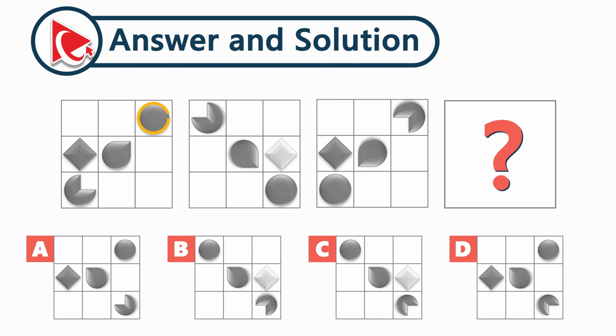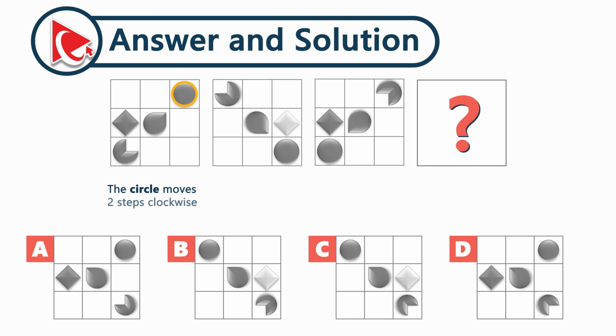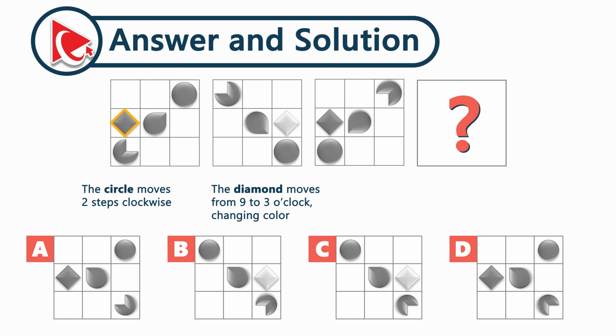Let's first start with the circle. The circle moves 2 steps clockwise. It basically goes from corner to corner to corner and then to another corner again. The diamond stays on the same line and moves from 9 o'clock to 3 o'clock positions. But here's the caveat. It also changes color. When the diamond is at 9 o'clock, it has a darker color, and when it's at 3 o'clock, it has a